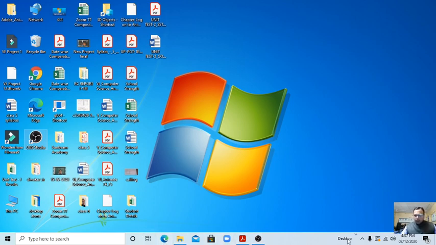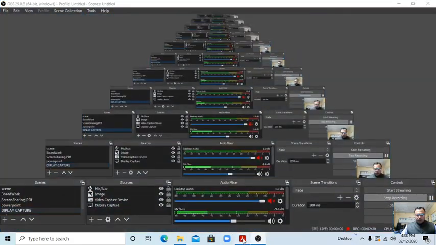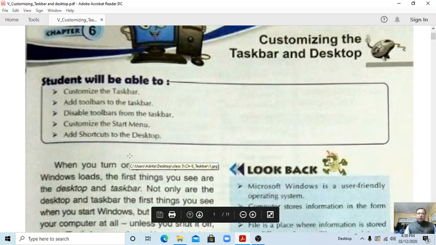This is the internet, whether it is disabled or not. Here are the speakers, volume. This is OBS Studio, and these all are the icons. So the desktop has all the icons, and the taskbar has all the pinned icons, and this is the system tray, the time and date. Okay, students, so this is the taskbar and the desktop.